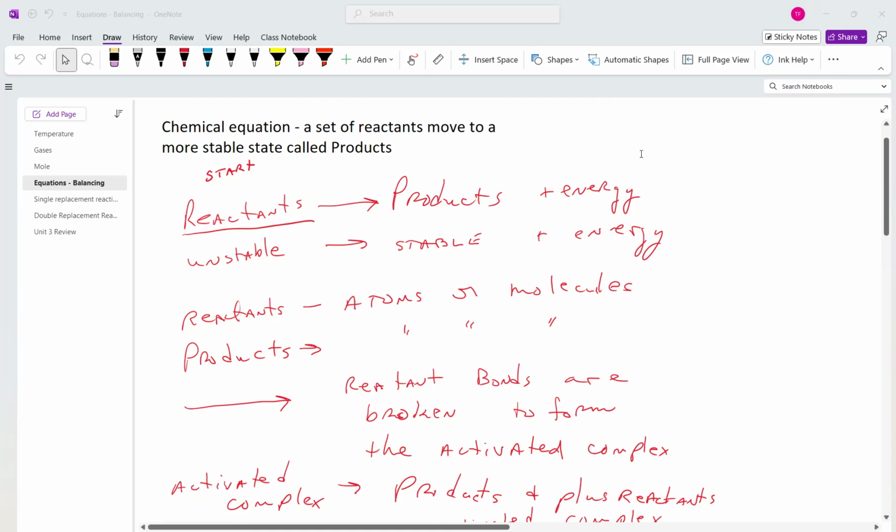Okay, so we're going to have about 4 or 5 different kinds of reactions. The one I'm going to talk about today is called a single displacement or single replacement reaction. Are there any questions about the generic reaction itself? Okay, so let's whip over to